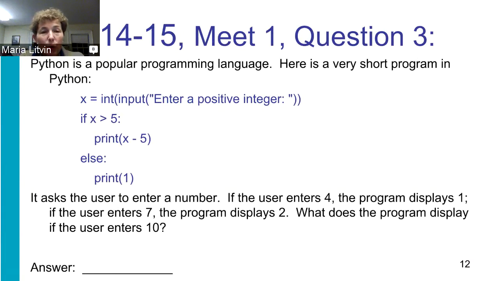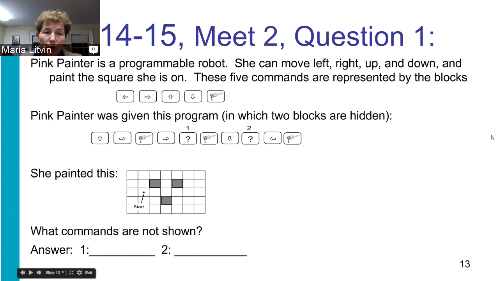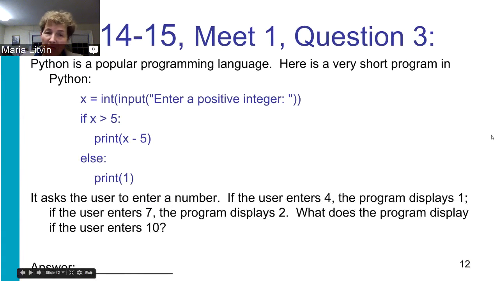So this question is written in the Python programming language, and even though students don't know the language, when they read the description, they can figure it out. It basically says: take a number from the user, and if that number is greater than 5, then print the number that's 5 less than it, and otherwise print 1. The explanation is given, and kids can figure that one out. That's one example. Let's take a look at the next slide.